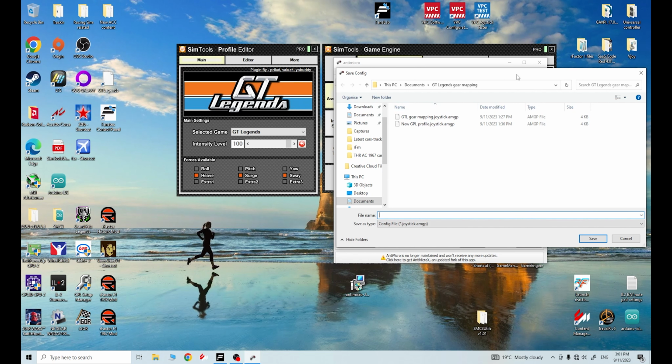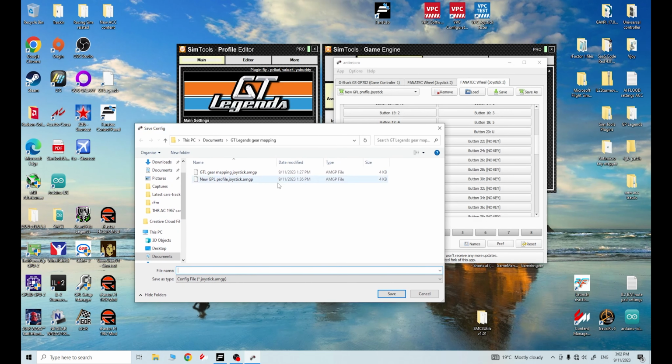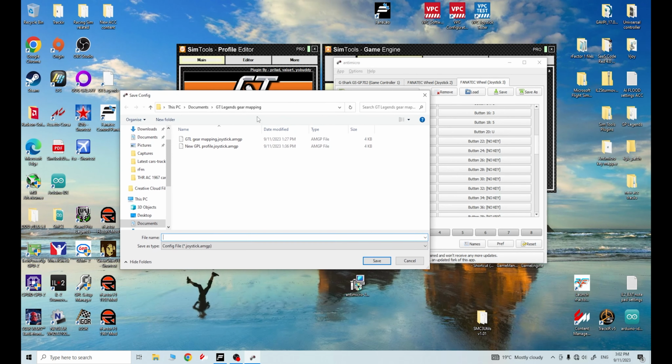When you press save the first time, you'll have to set up a folder. I've just made a folder on my C drive that's just called GT Legends Gear Mapping. If it was for Grand Prix Legends, I'd make a Grand Prix Legends folder, rFactor folder, yada, yada, yada,